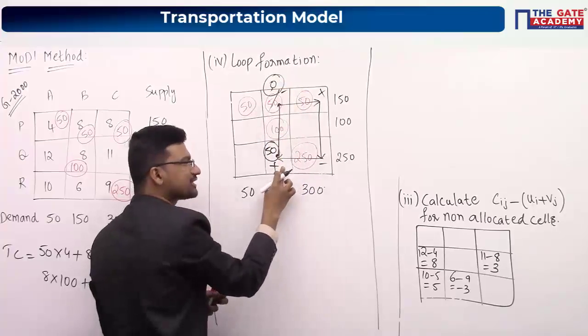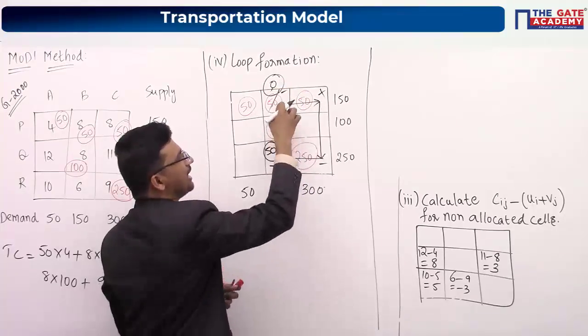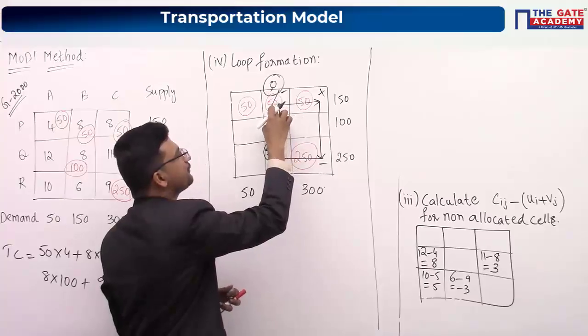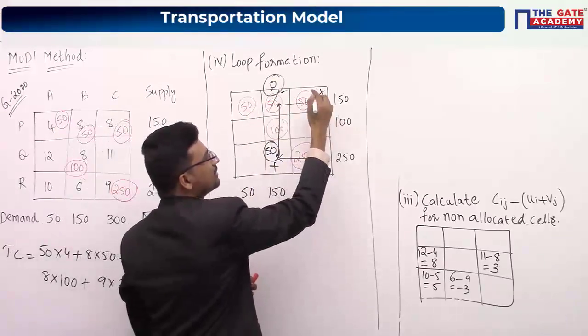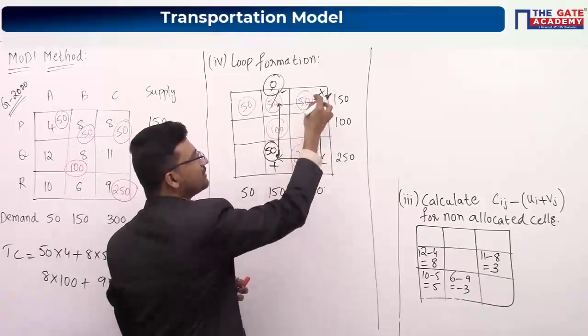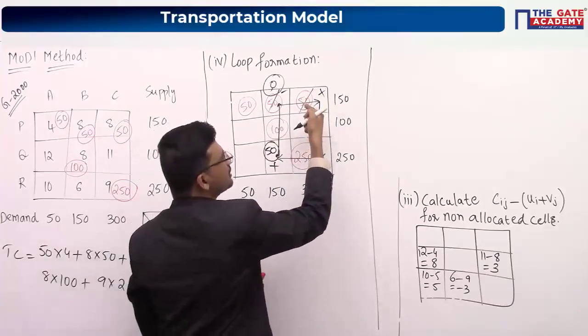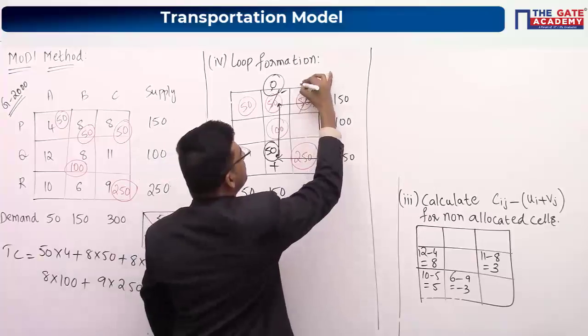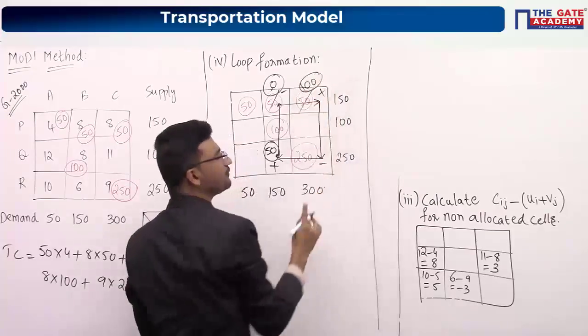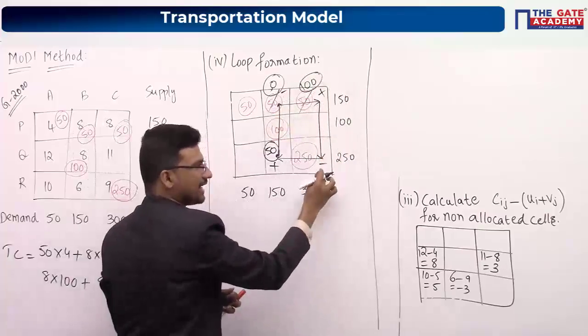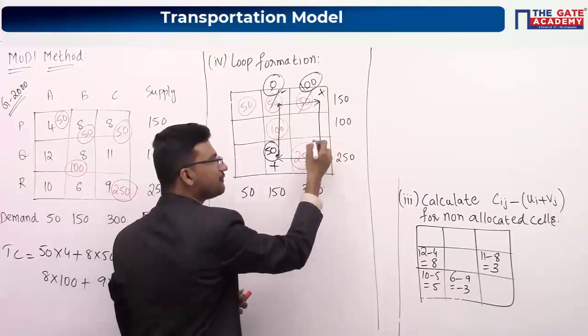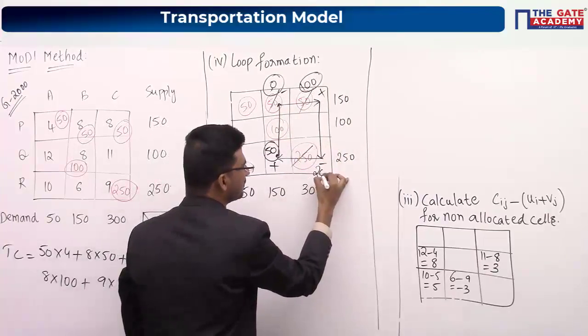So this is a positive cell; we have added 50 here. And this is a negative cell; 50 minus 50 will be 0. Now it is a positive cell, so we have added 50, right? Here also you have to add 50. Initially you have 50, so this will become 100: 50 plus 50 becomes 100. Next, it is a negative cell, so you have to subtract 50. So this will become 200.